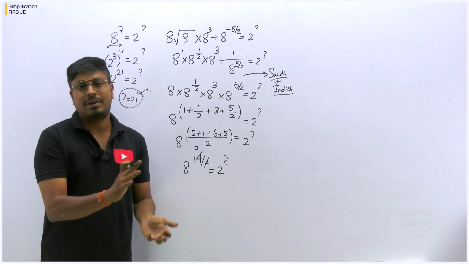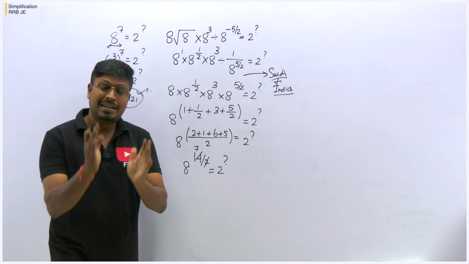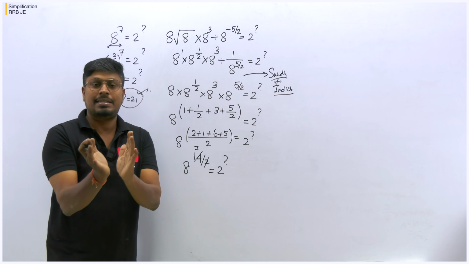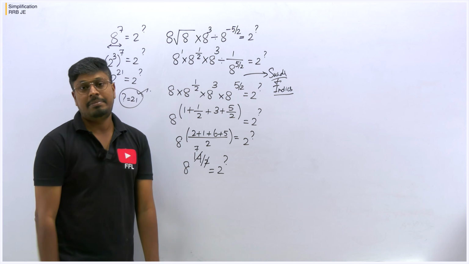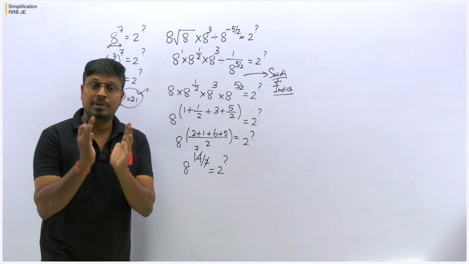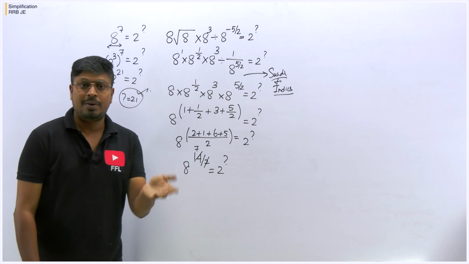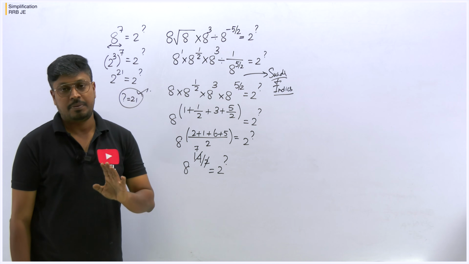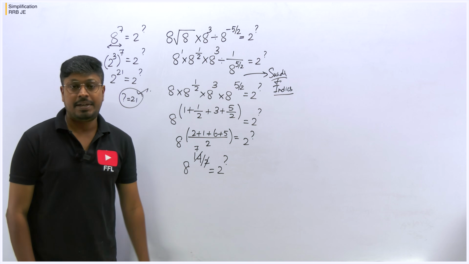Even if you are preparing for railway or SSC, whatever exam, simplification will be common. Only the level may vary, right? If you are preparing for SSC CGL, the second level, tier two, will be a little more difficult, so the first tier will be easy. These kinds of things you have to remember before preparing for the exams. Initially also I told you, right, what is the level of your exam? So you should practice these kinds of questions more. So the answer for this question is: question mark is equal to 21.